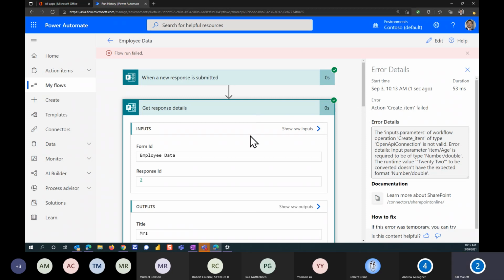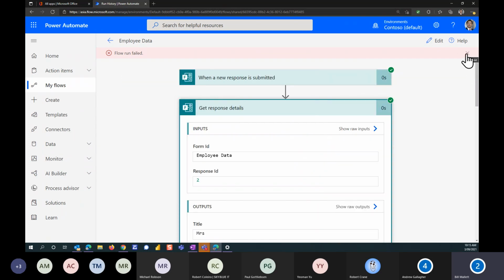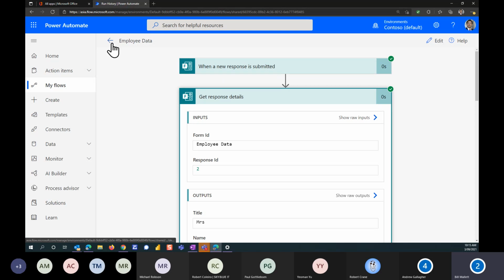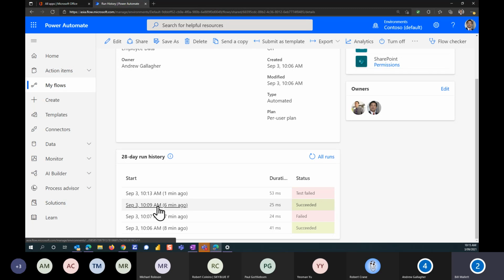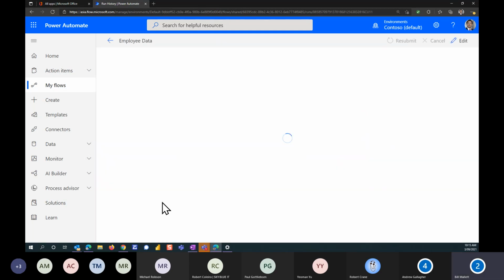So that's the form. But what happens if we're not in testing and something's failed? Well, we can get to that as well. Before, Andrew showed you that we can see the list, but we can actually click on one of these and it will eventually come up with, I hope, the same thing that we just went through when we were in the tests. So we should get the items and be able to look into those items and see exactly what's happened with them. And mine's being a bit slow.